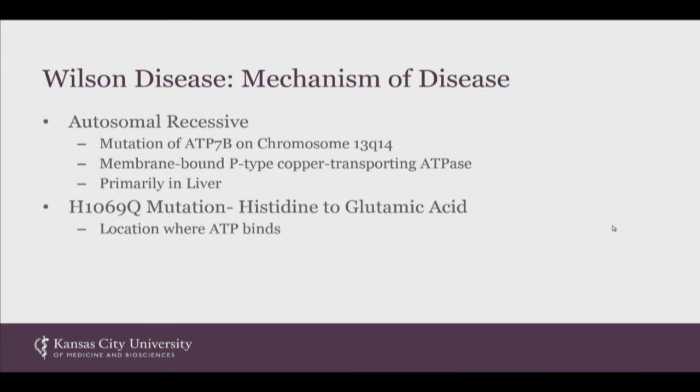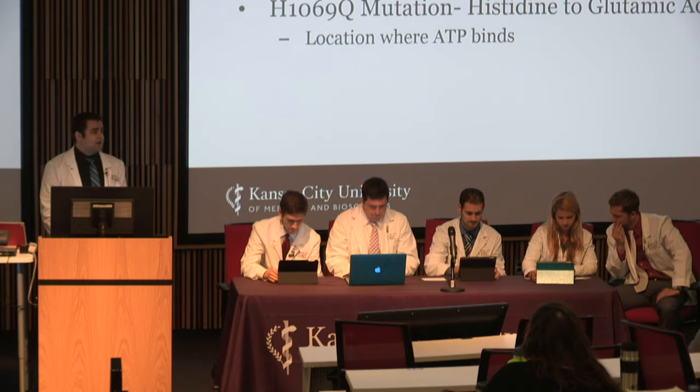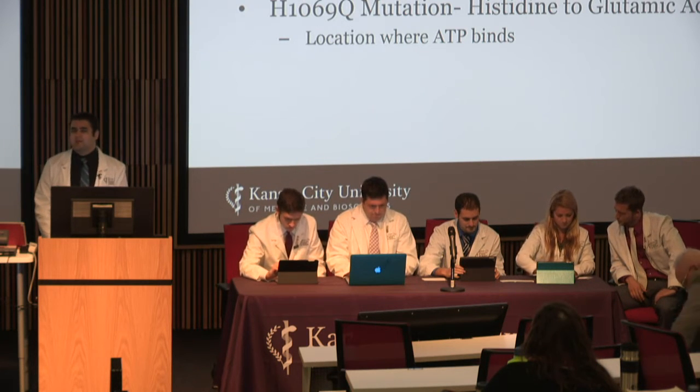Wilson's disease is an autosomal recessive inherited disorder with a mutation on the Q arm of chromosome 13 affecting ATP7B. ATP7B is a membrane-bound P-type copper-transporting ATPase that is found primarily in the liver, though it is found in other locations. This mutation occurs at location 1069, where a histidine is changed to glutamic acid, disrupting the location